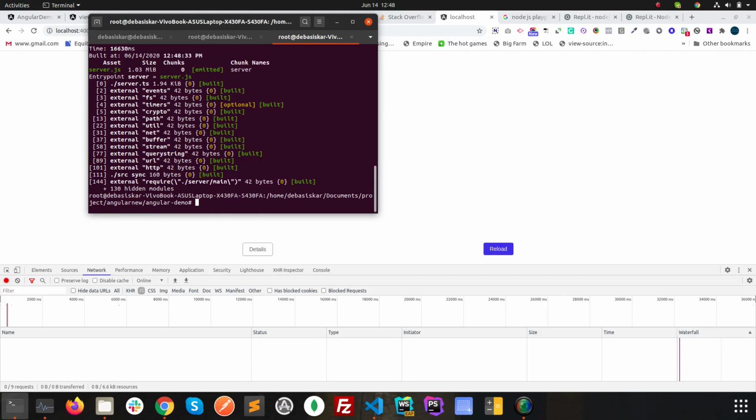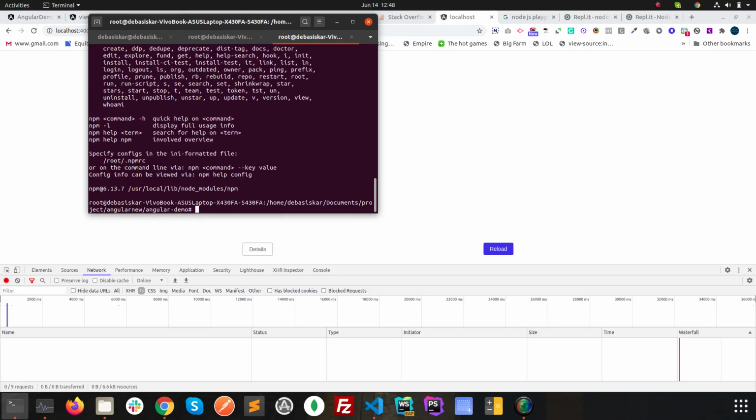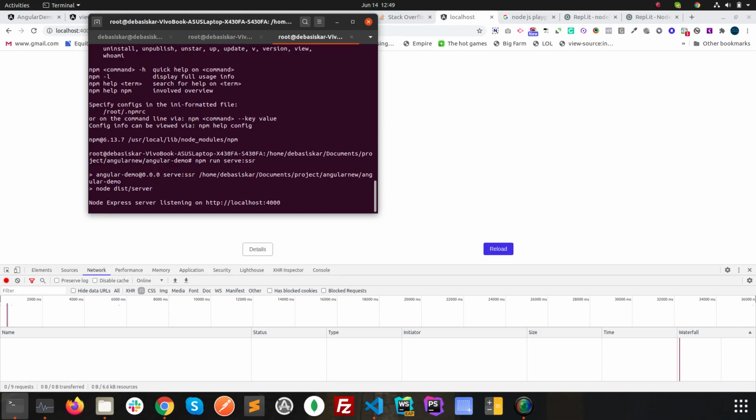And now if we run npm run serve:ssr, sorry, npm run serve:ssr, now it should work.